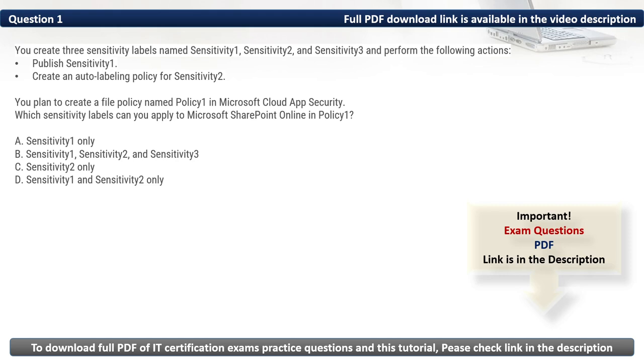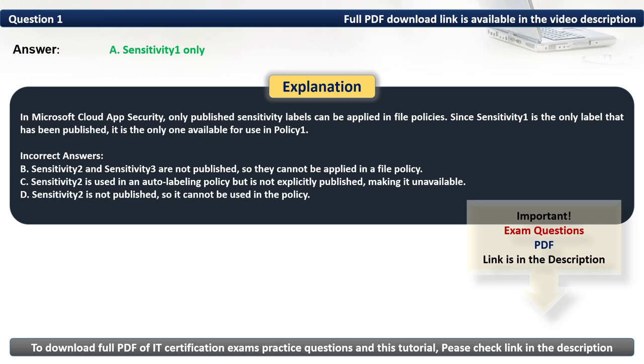As such, the sensitivity label that we can apply to Microsoft SharePoint Online in Policy 1 is sensitivity 1 only. As such, the correct option is A. In Microsoft Cloud App Security, only published sensitivity labels can be applied in file policies. Since Sensitivity 1 is the only label that has been published, it is the only one available for use in